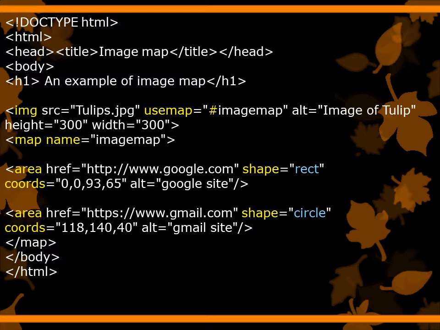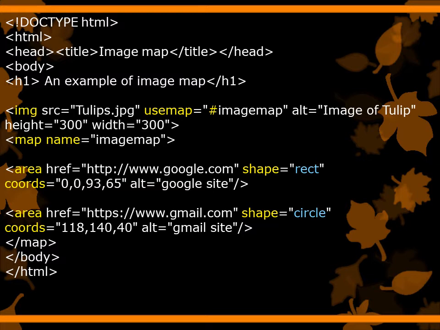It starts with img, that is the image tag. Then write down the attributes of the image tag and their values. For inserting this image, first we have to insert the path of that image. So just write the src attribute, that is the source of that file. So src equal to the name of that image.